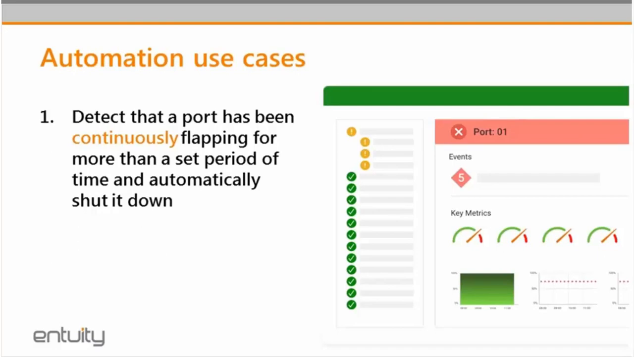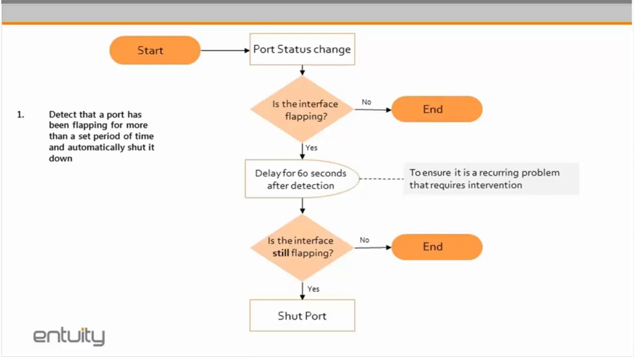On this next slide, I've got a very high-level summary flowchart of what we're looking at here. So just to summarize again, we are detecting a port status change at the very top of this slide. We're then asking the Entuity system, is this interface flapping? And that's implemented with the flapping event rule, which I haven't shown in this demonstration. That's that standard out-of-the-box functionality. If we determine that this interface is flapping, then my port flapping incident raises, and that's when we get to the delay for 60 seconds after detection point